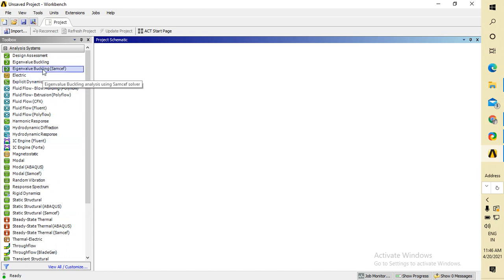First of all, I would like to say one thing, that ANSYS is used for simulation as well as for 3D design. We can also make a 3D design, but in my point of view, it is not that user friendly for making 3D design. So to make 3D design, I use CATIA V5, and you can see it in my playlist also.